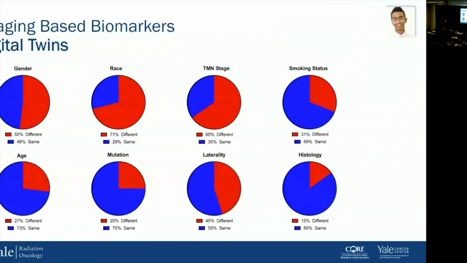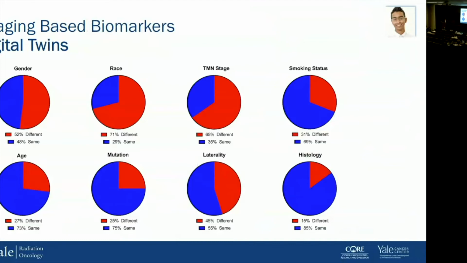And so I think it's important to look at whether or not they actually look like twins, like are they looking the same? And what we found is actually they do not. Oftentimes their gender is different from their digital twin's. Their race is oftentimes different. The things that did seem to be correlated were histology and driver mutations, as well as age. It's something that we're going to continue to look at, but interesting nonetheless.